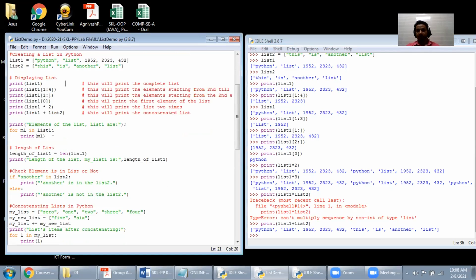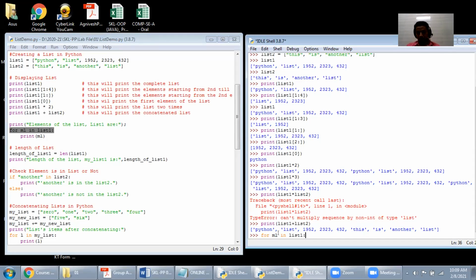we can also display it by using the for loop. For that, the statement will be like this: for m1 in list 1. In the previous language, you used for i, then for i equal to 1, i less than or equal to n, i plus plus. But here no increment or decrement is required; it grows automatically.